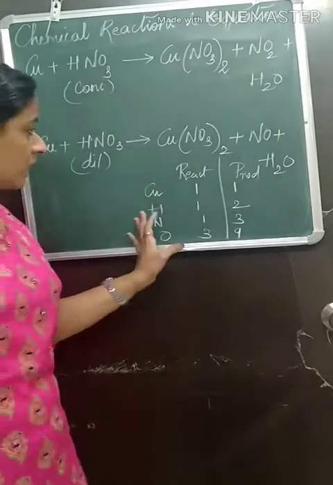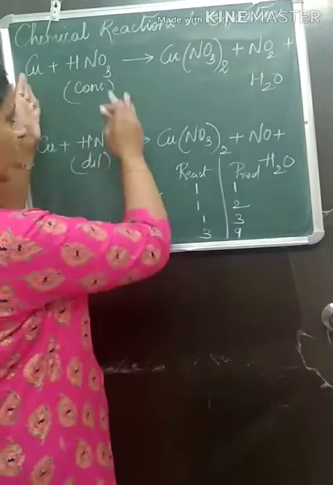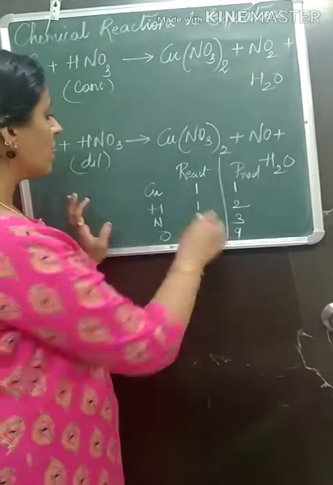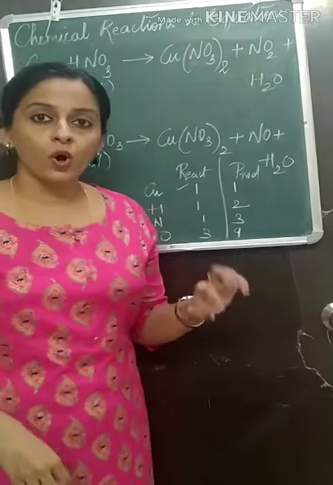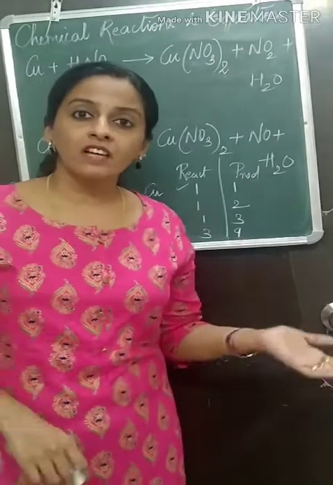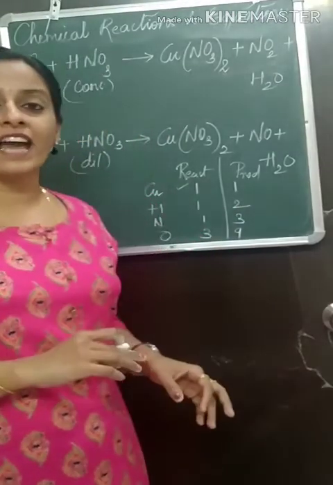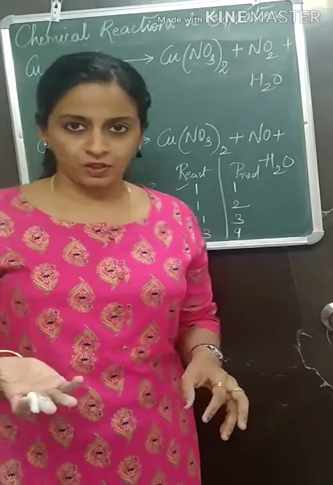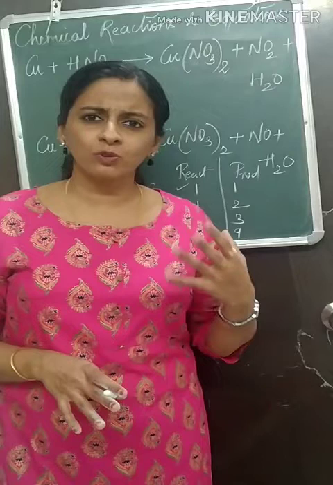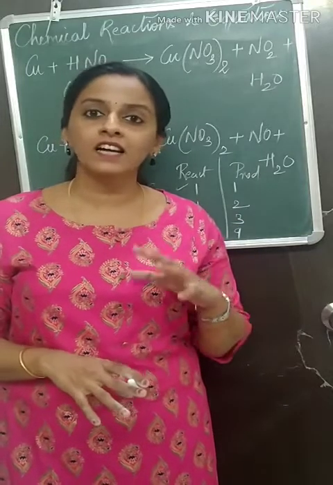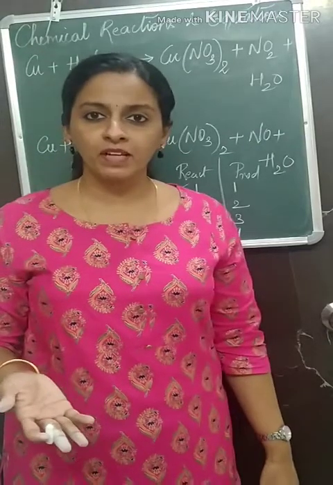Okay. So here as you can see, the number of atoms of elements on the reactant side is not equal to the product side. For copper it is equal, whereas all the other atoms are not equal. So in this case you will have to make it equal, and this process is called balancing a chemical equation, the most important part of this chapter. Now there are certain rules which you have to follow when you are balancing a chemical equation. We will discuss more about balancing a chemical equation.